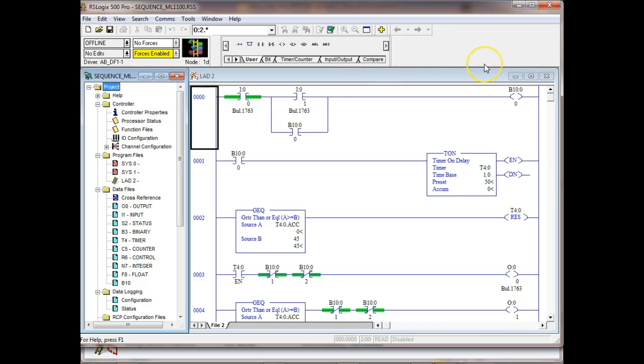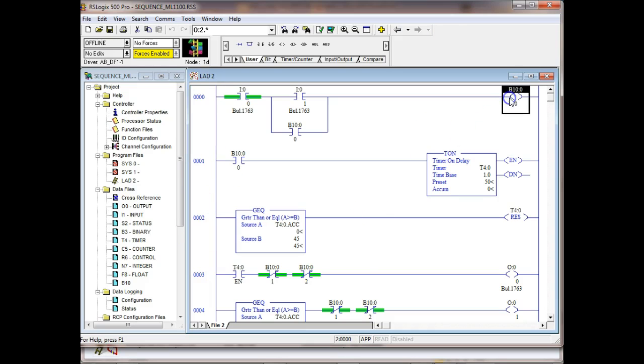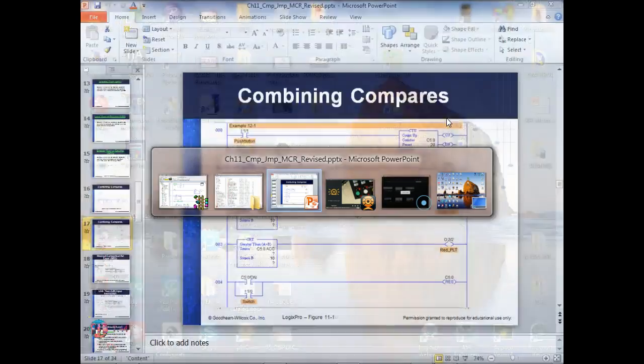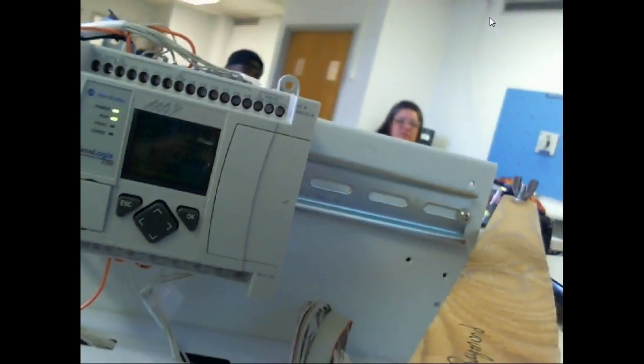The way we have this PLC hooked up is we have it hooked up for sinking. And the way the Allen Bradley PLCs work is they allow you to decide whether you're going to sink or source your inputs. But they do it in groups. So what I have, if we look across the top here, if I can get my camera in here,